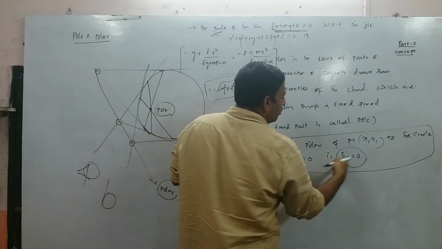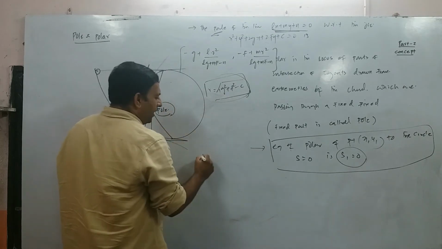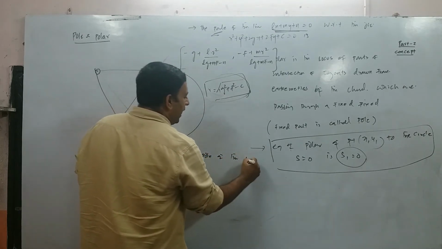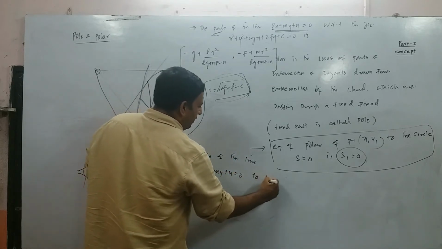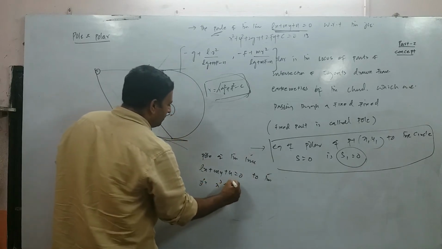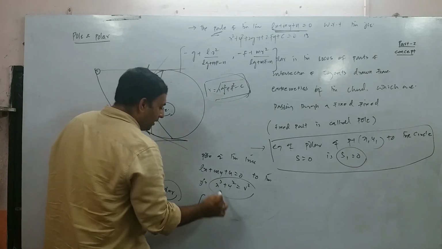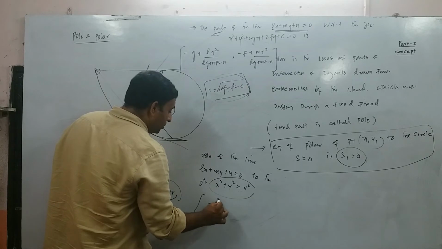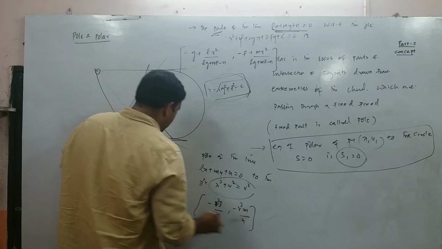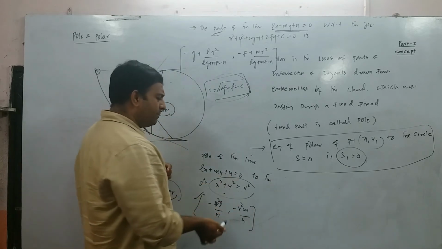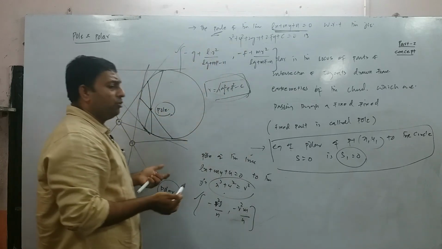Now this is the formula to find the polar when the pole is given. Now if the circle is a simple circle, for example, if I ask you the pole of the line lx + my + n = 0 to the circle x² + y² = r², what if the circle is a simple circle? Then the formula is (-r²l/n, -r²m/n). So this is a straightforward formula. If the circle is a simple circle, it means the center is (0, 0). If the circle is given like this, then you need to apply this formula in order to get the pole, right?